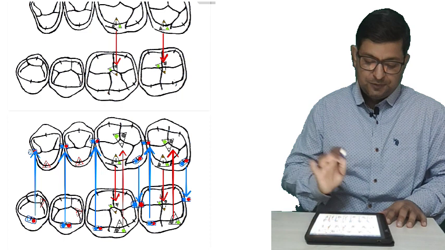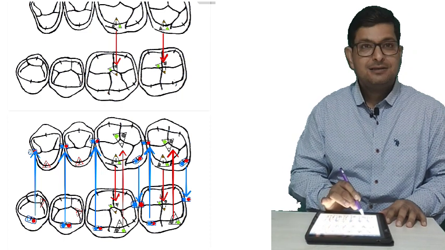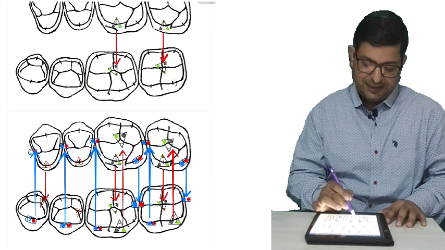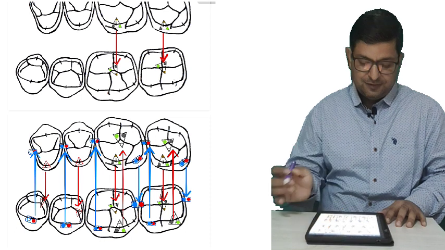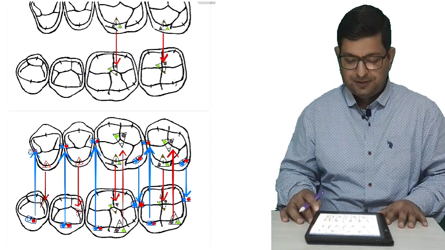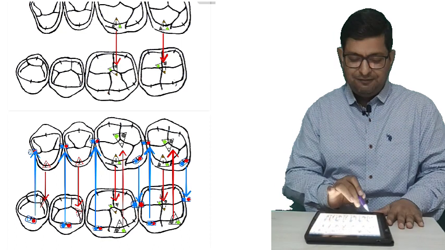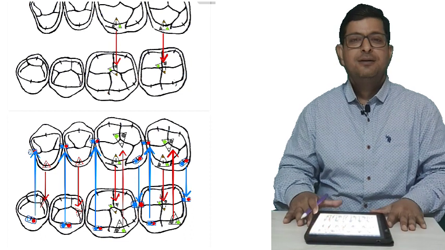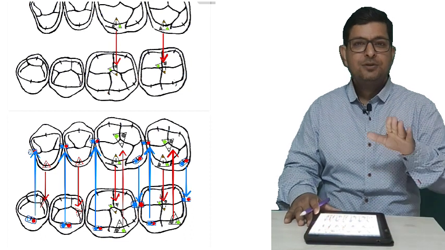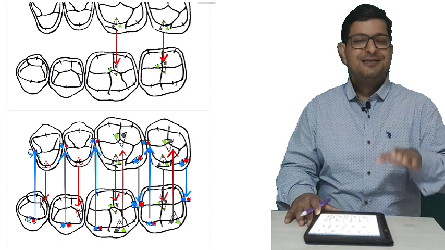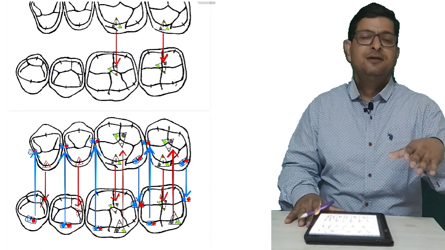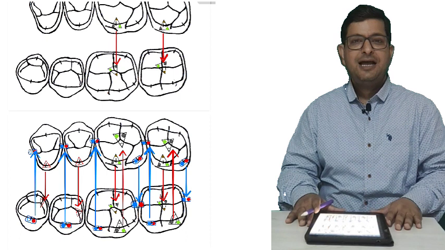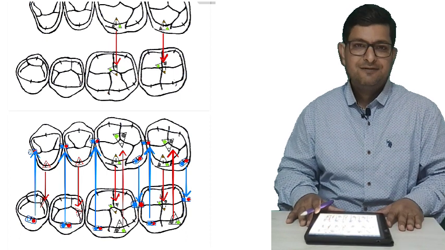Some schools of thought also say that the palatal cusp of the upper second premolar will occlude to the distal fossa of the lower second premolar. Friends, if you draw this and do it 5-6 times, you will memorize the occlusal contacts. This will help when you are doing occlusal adjustment, full mouth rehab, or any restorations; these contacts will help you determine the contacts even in natural teeth.